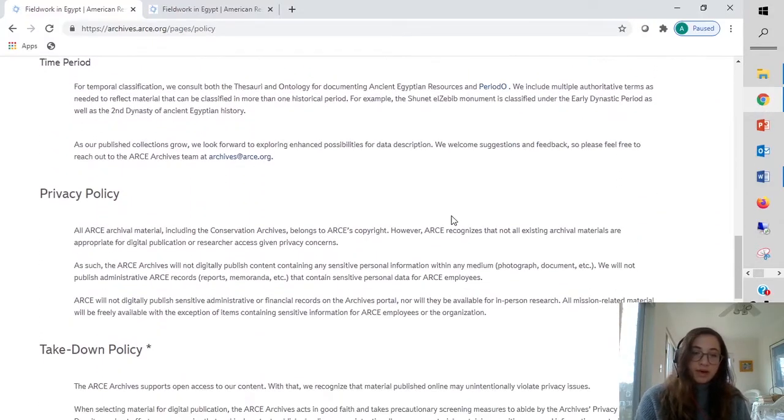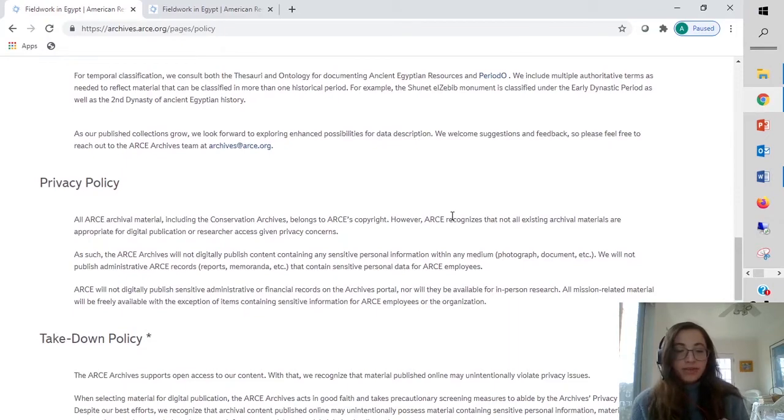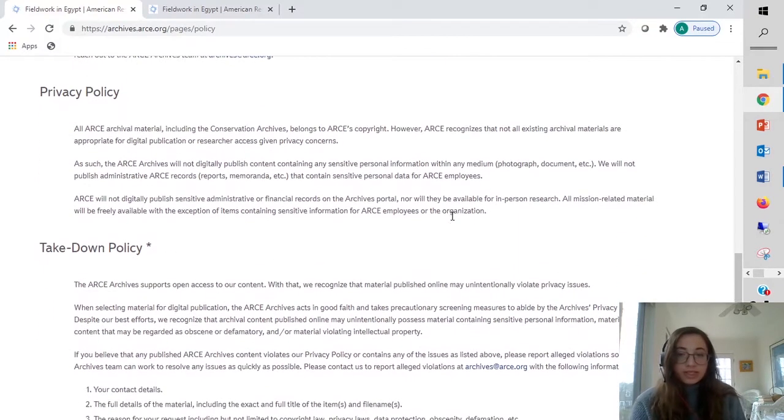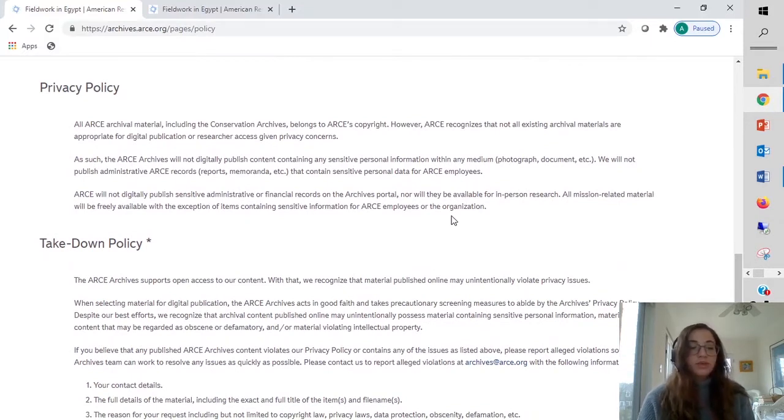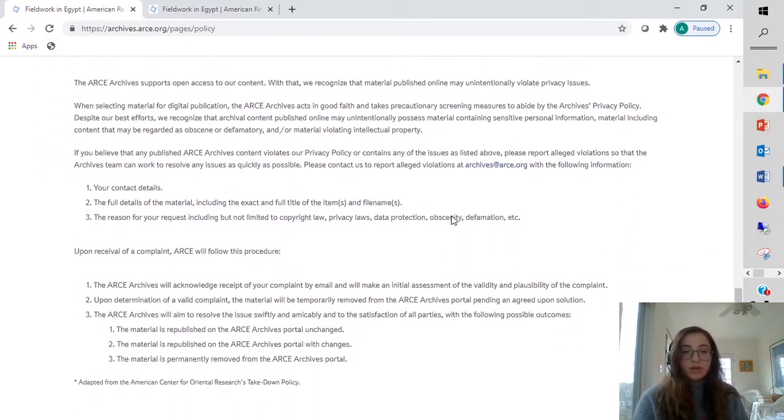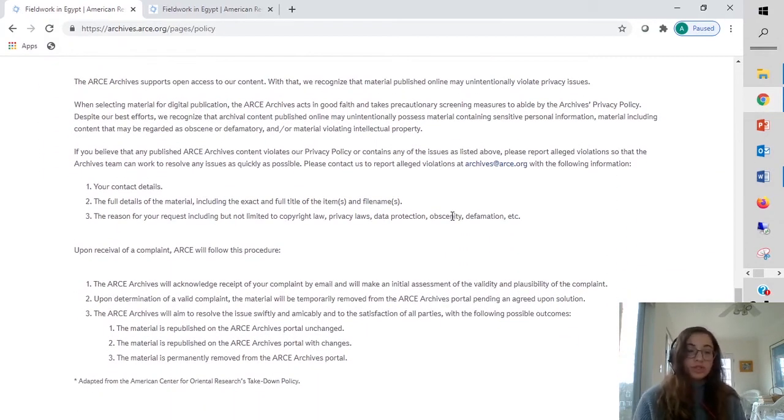Our privacy policy covers RC's guidelines for ensuring that personal or sensitive information will not be shared or published on our Conservation Archives website. And our takedown policy references a mechanism for which users can report suspected violations of RC's